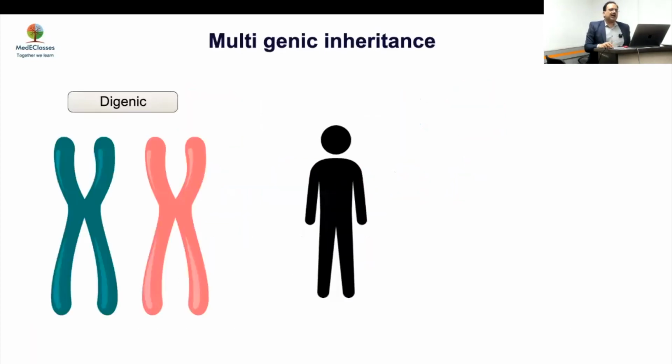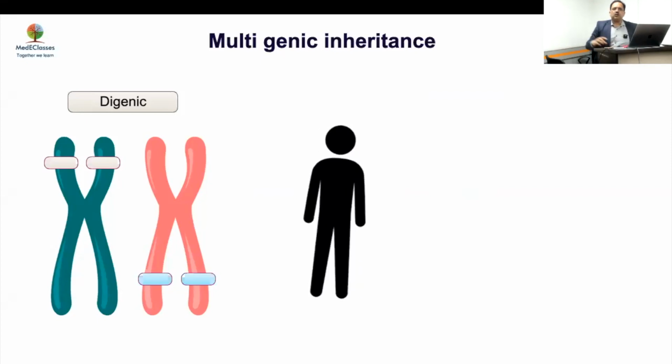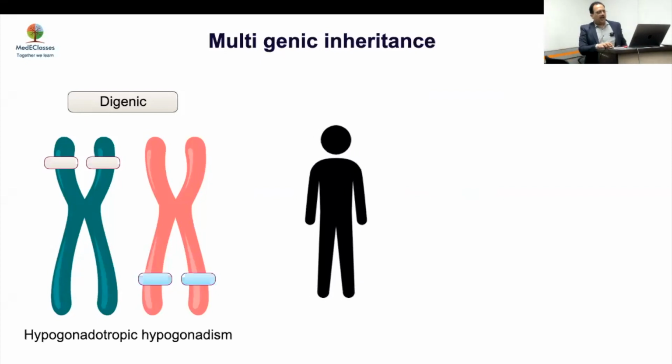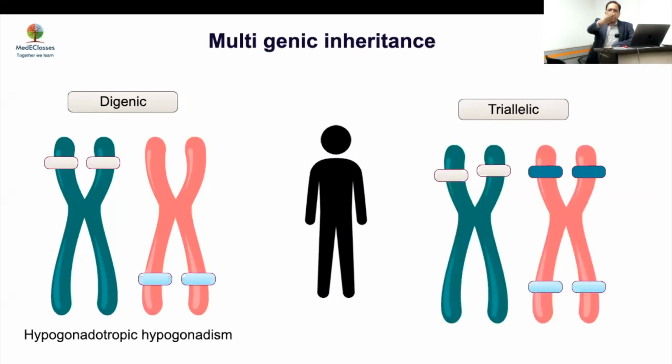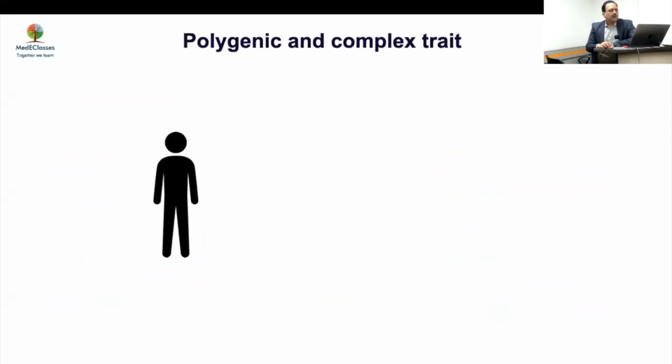And we all know that there is a digenic inheritance in which 2 genes are essential. So one gene alone may not cause a problem, but if you have a heterozygous variant in both genes, it will affect that. So you need 2 genes to cause the disease. And you also have a triallelic or oligogenic inheritance. And we talked about oligogenic inheritance yesterday on which patient? Bardet-Biedl syndrome, in which many genes are required to cause the same disease. And that becomes important from that perspective. So this is a rare form, but very important for Bardet-Biedl and hypogonadotropic hypogonadism in that perspective.